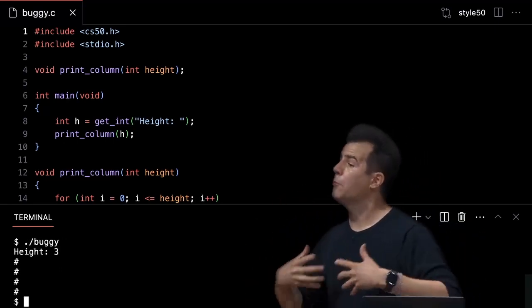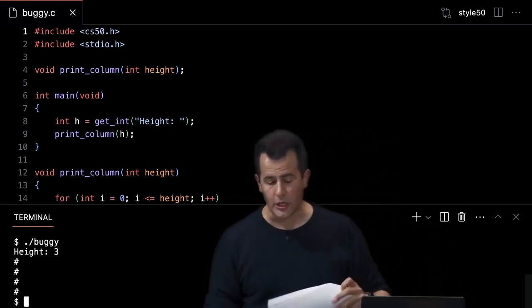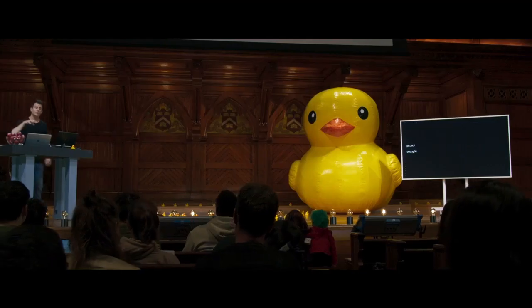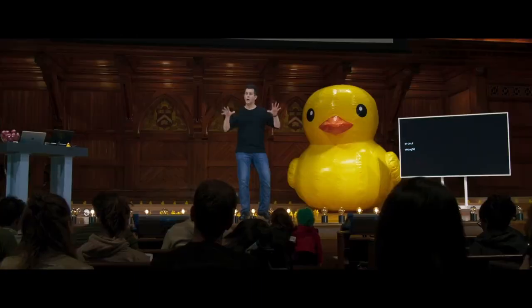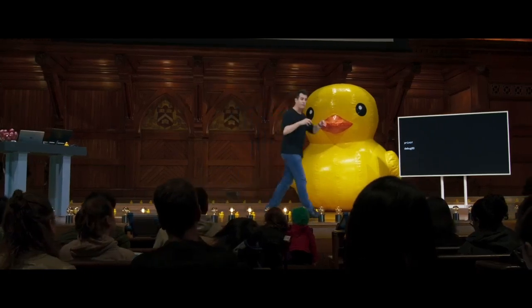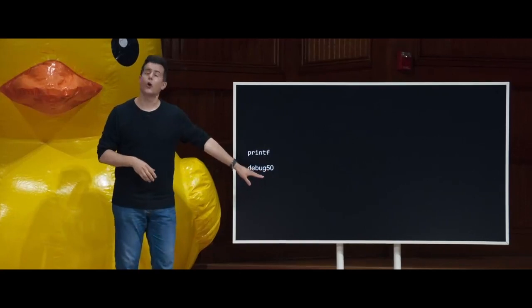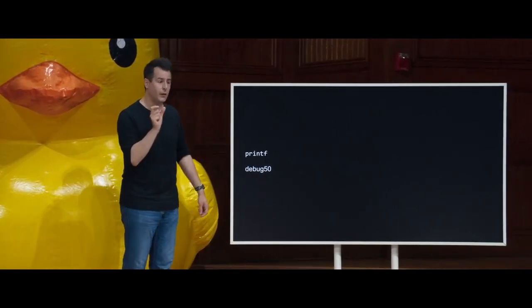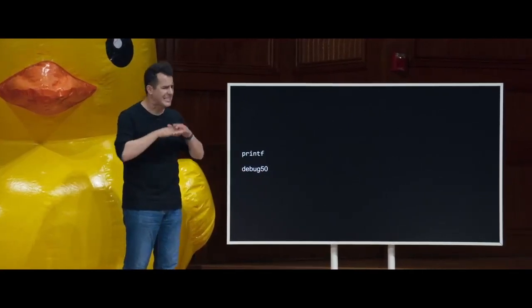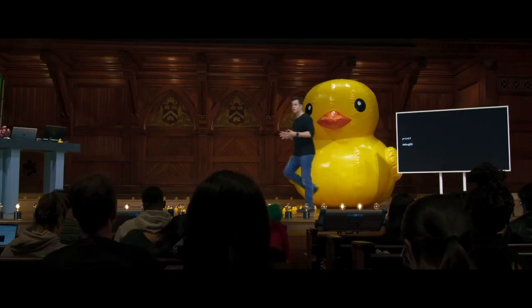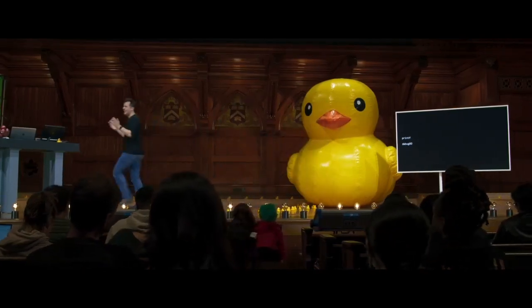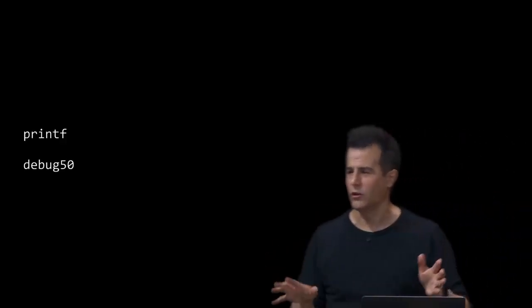So let me now introduce a more powerful tool that's generally known as a debugger. And within the VS Code environment that you're using, we actually have a command that makes it a little easier to use this tool. But we didn't write the tool itself. You are about to see a very graphical, a very popular industry standard tool called a debugger. But we'll start the debugger using a CS50 specific command called debug50, which just makes it easier with a single command to start the debugger without having to configure a text file with all of your preferred settings and all of that. It's just an annoying hoop otherwise to jump through.